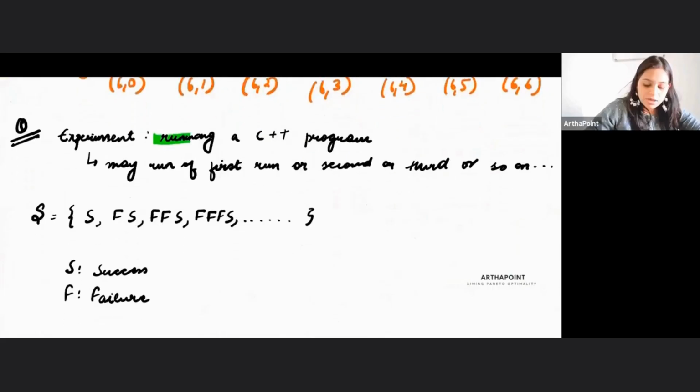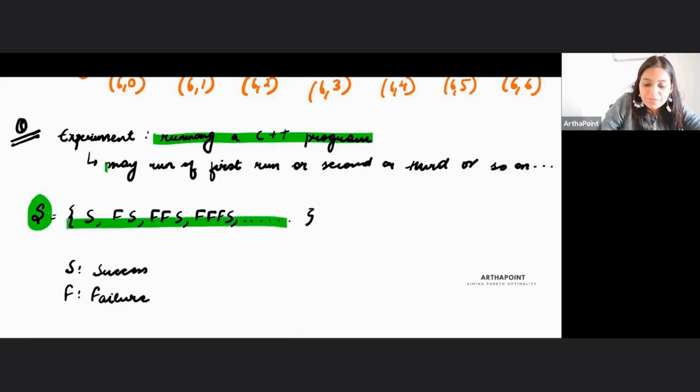The experiment is running a C++ program, and what's the catch here? What have they given in the question? They have given that either the program will run in the first go, it will be successful, or it may not run in the first run, but once you run it the second time, it runs successfully. Or it may not run the first time, and the second time, it may run successfully in the third time, and so on. So in this case, if you ask me what is the sample space, the sample space looks something